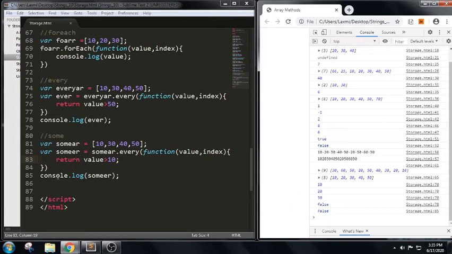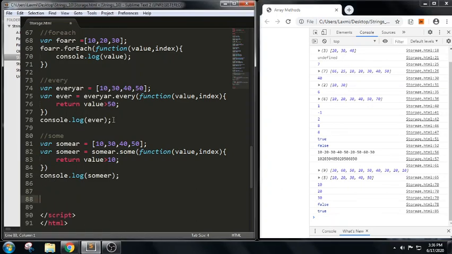Why is it so? We have written the array name .some(), for the array 10, 30, 40, 50. But we didn't write some here. We have just copied the same snippet from above, right? Now if you can see, we got true. We were just trying to copy the same syntax, right? So we got it this way. So some will check whether at least one element is able to satisfy the condition.